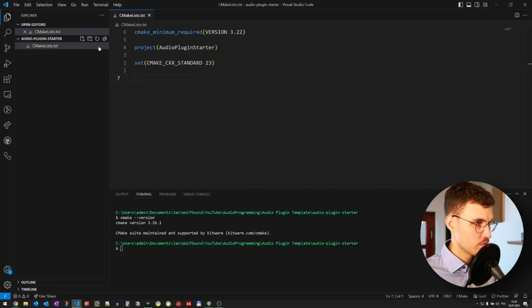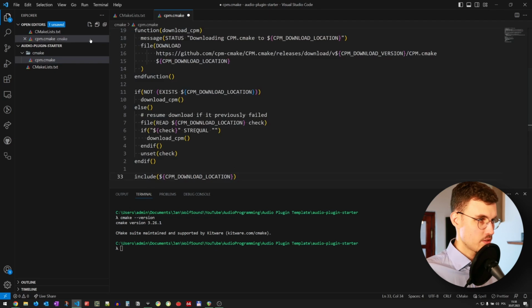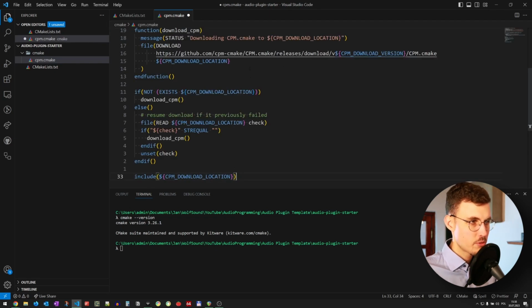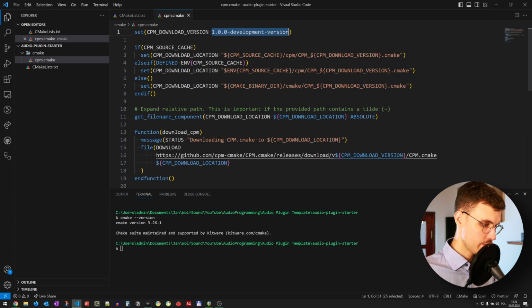So we'll create a folder called CMake where we'll put our CMake includes, and here I'll create a new file called cpm.cmake. Let's paste it here. Basically, what it does is download CPM to the location specified by us. I want to use the newest version of CPM, which at the time of making this video is, I think,